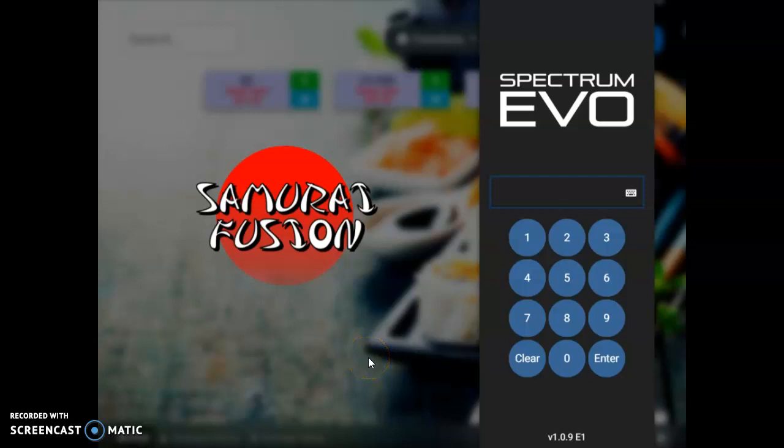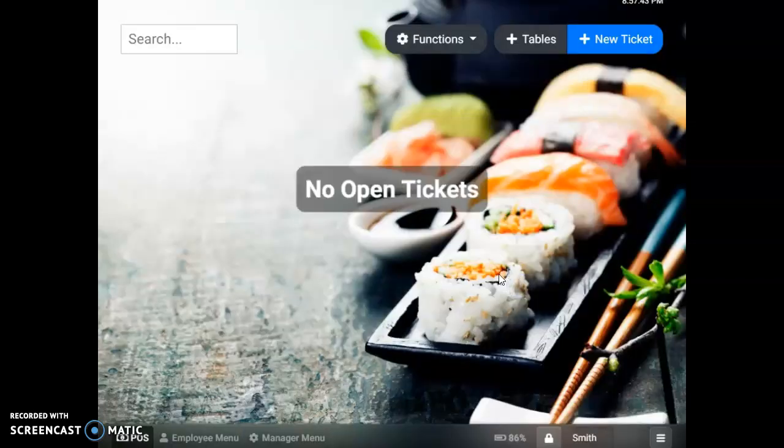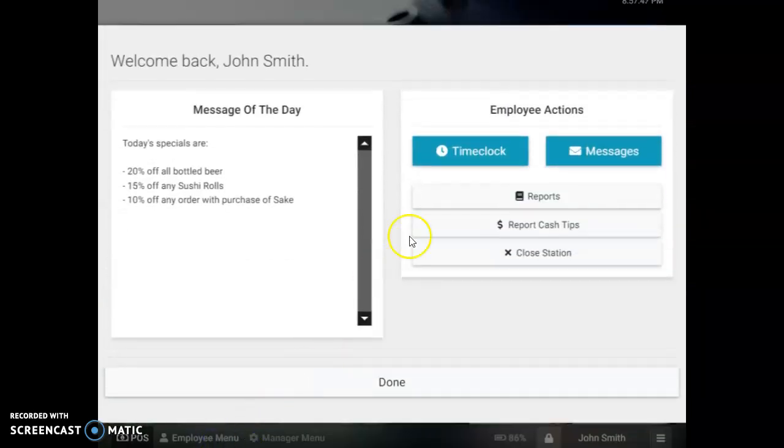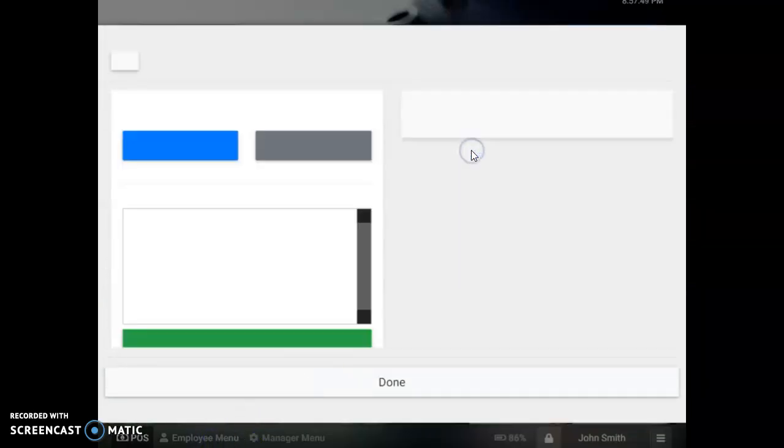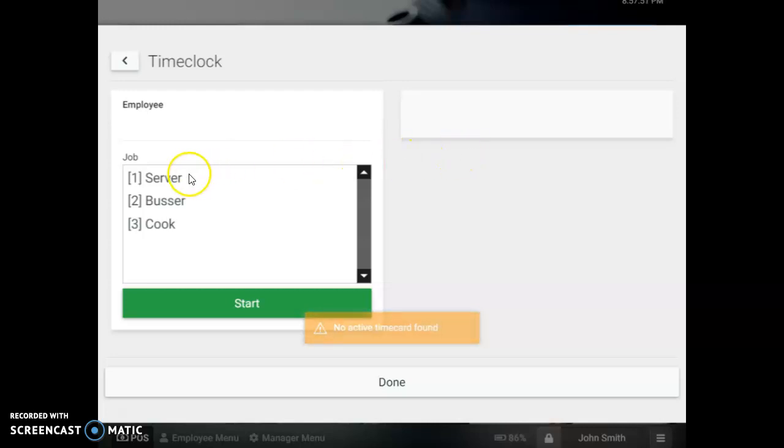Alright, so this is a quick tutorial on how to use the time clock in Spectrum Evo. I'm going to go ahead and clock in as John Smith. And from here, I will go to Employee menu, Time Clock, and you'll notice here that John Smith has a few jobs assigned available to him because he does